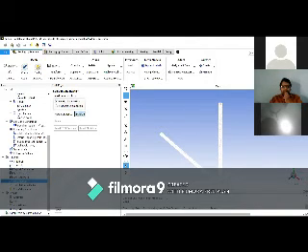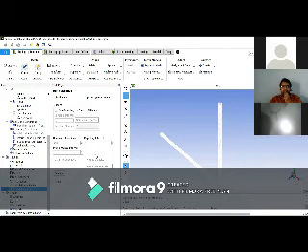When you initialize, it gives the number of solutions required. Then click on run calculation, which is our last phase.